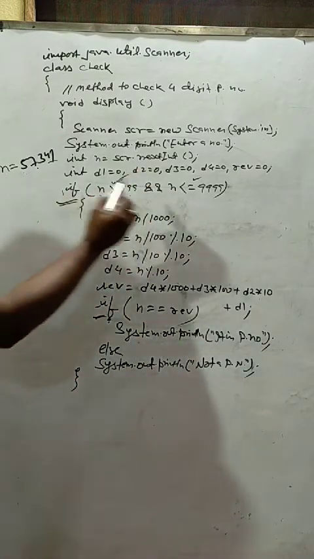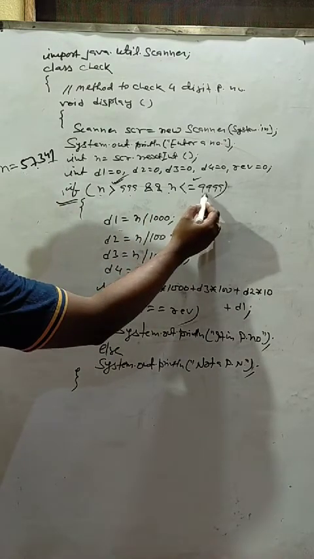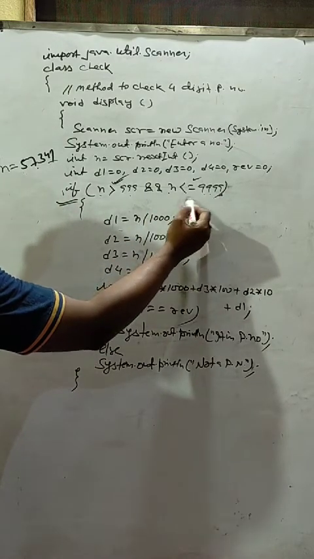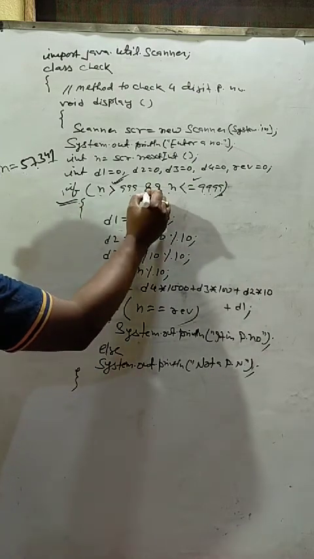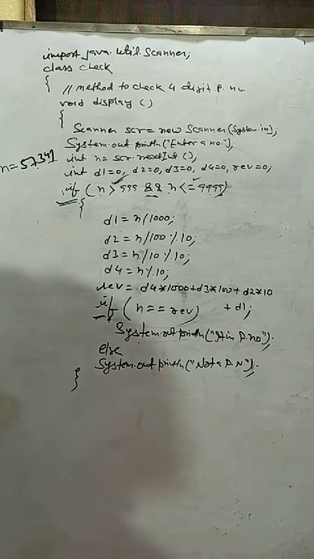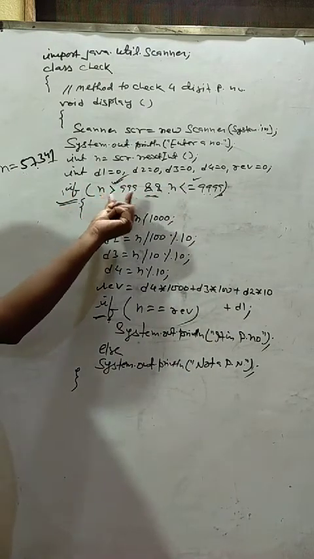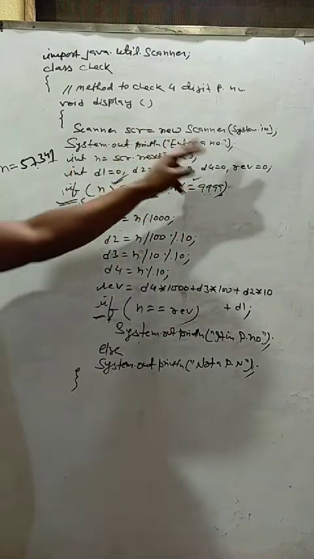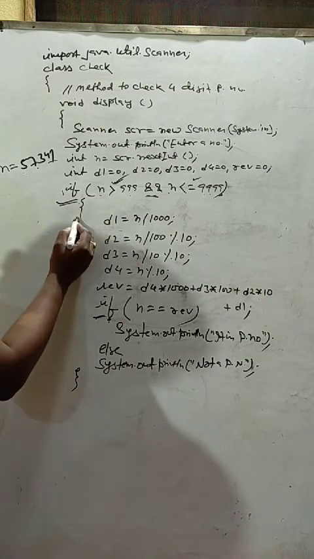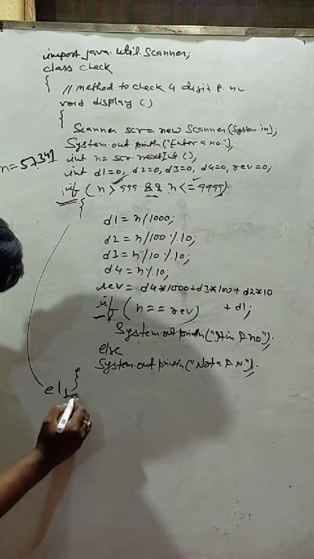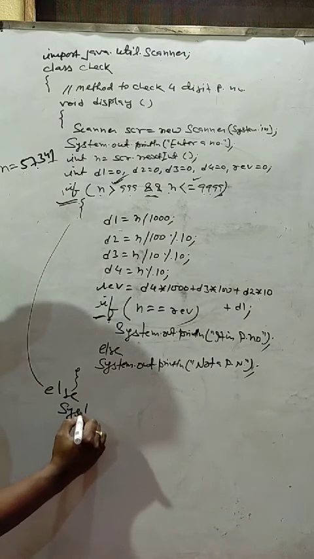But 57,341 is not smaller than 9,999. This part is false. Here it is AND operator, and for AND operator we need true value on both sides, but one side is true and one side is false. Therefore, the entire expression is evaluated false. So for false, the control moves to else statement. This is the else of outer if, and here we will print